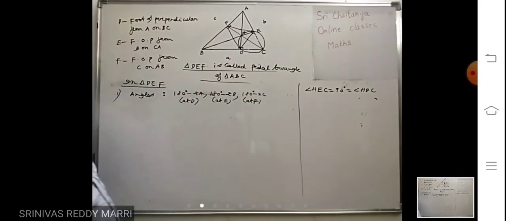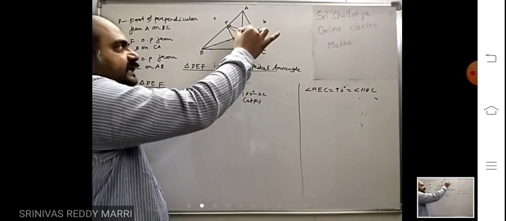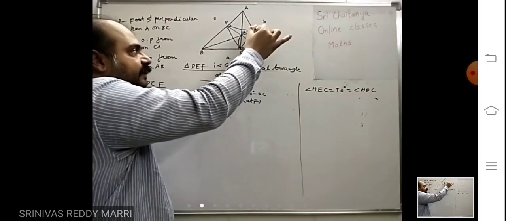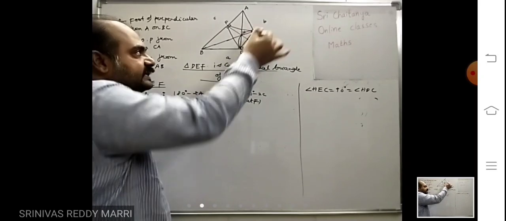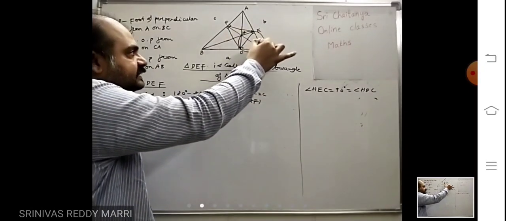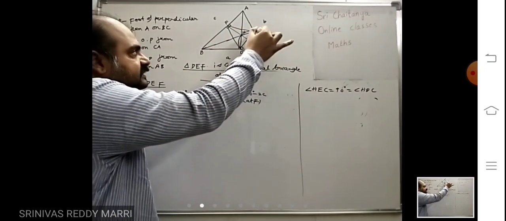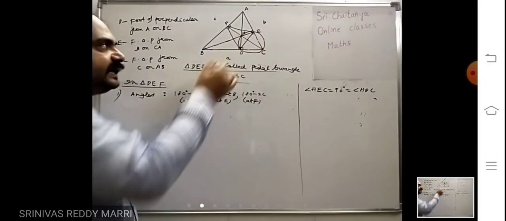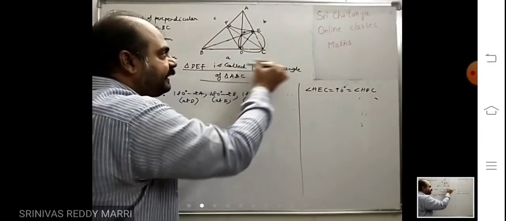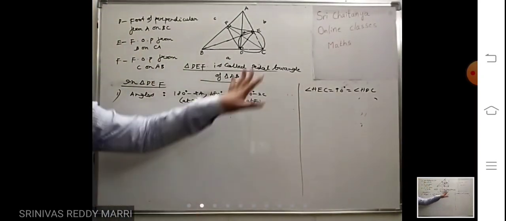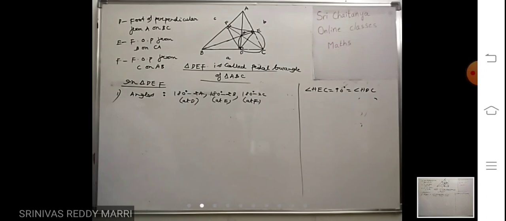If any doubt, raise your hand. Look at them. With HC as diameter, if I draw a circle, this circle will pass through E and D because angle in a semicircle is the right angle. Angle in a semicircle is what? Right angle. I have drawn with HC as diameter. That means this E and D will lie on that circle because it is 90 degree. That's why these all 4 points are called concyclic points. They will lie on a circle. Right?